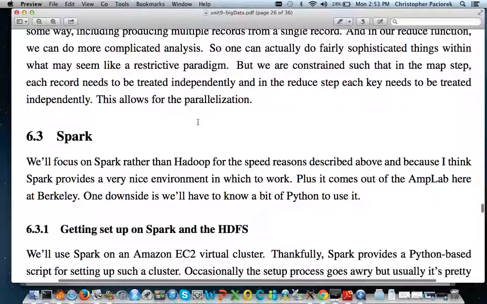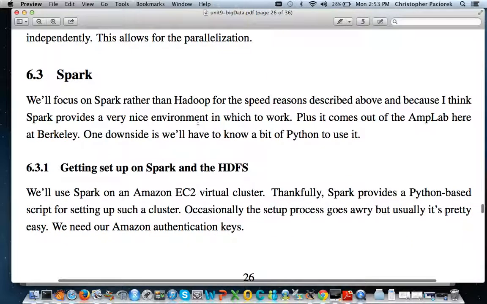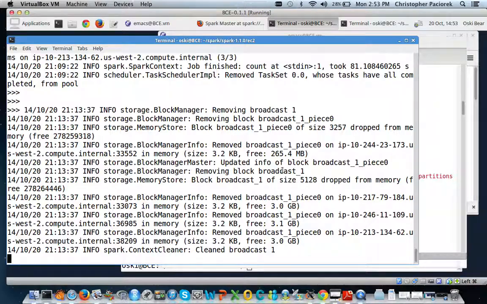Okay, so finally let's look at doing this actually in Spark on an Amazon cluster. So part of the goal of this and of the next homework is basically having you guys get a chance to play around with and be exposed to some cloud computing and to doing this stuff in a distributed fashion. So what I've got here is I'm on the VM,